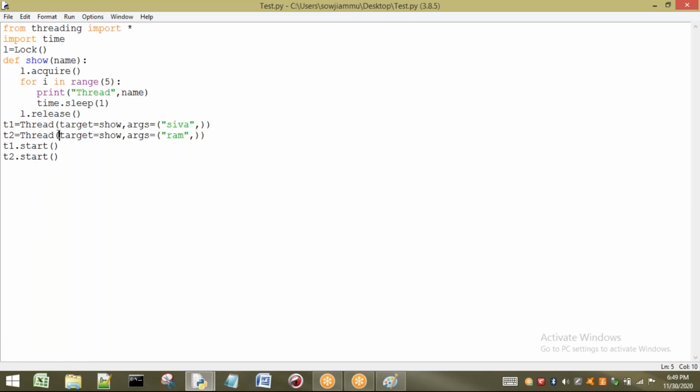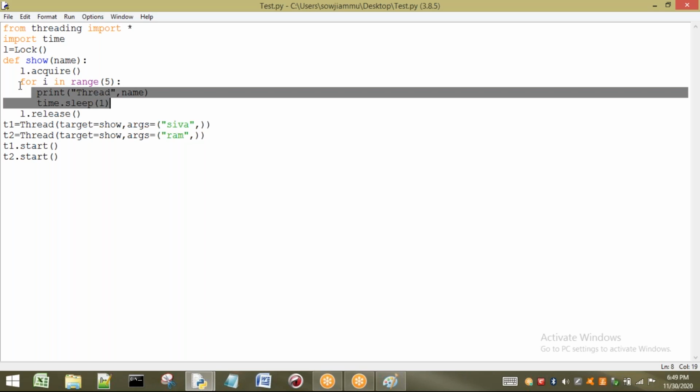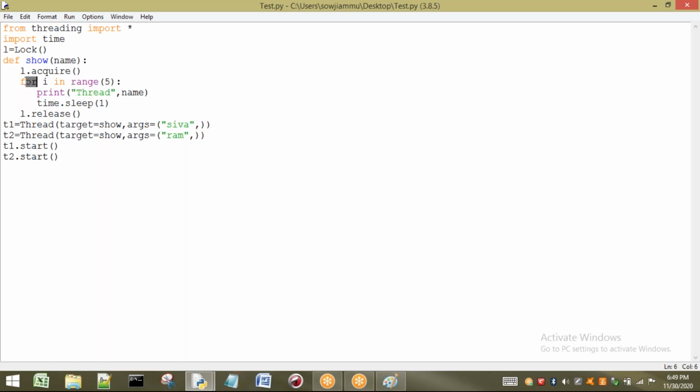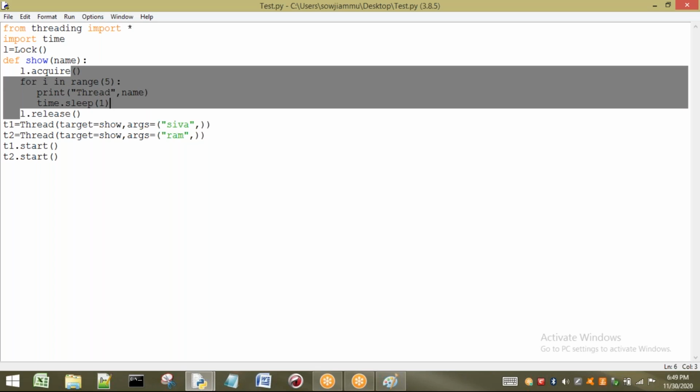Acquire the lock, release the lock. And whatever code is written in between this acquire and release will be executed by only one thread. Observe carefully. Here, this will be executed by whom? Only one thread at a time. Now,